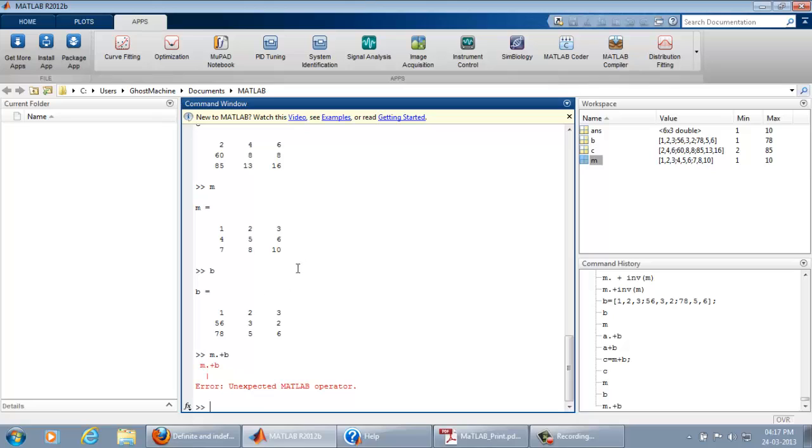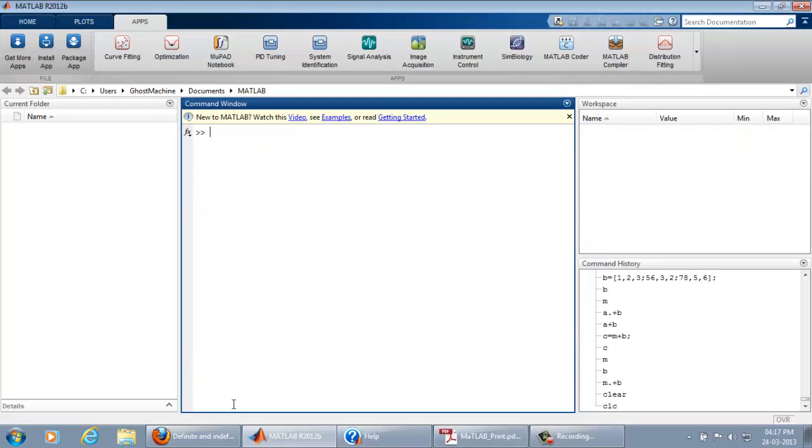And now coming to how we treat complex numbers in MATLAB. Complex numbers are quite easy. Let me first clear the command window. Let me take a complex number. A is equal to 3 plus 4i. Now suppose I want to find the absolute value of this complex number. So ABS of A, absolute value.